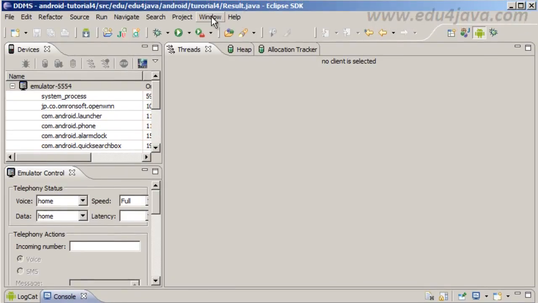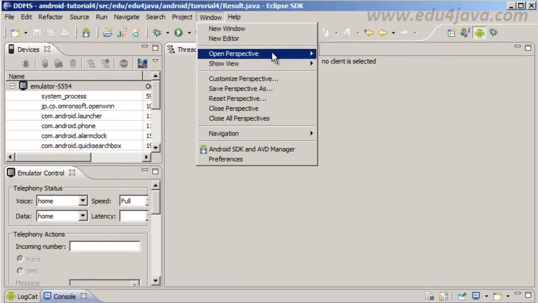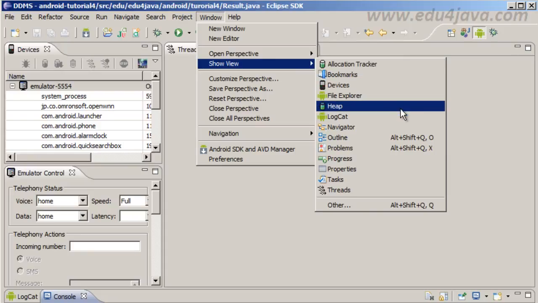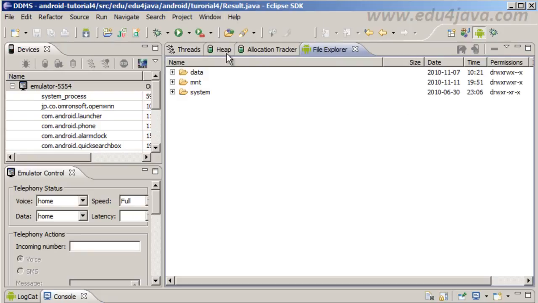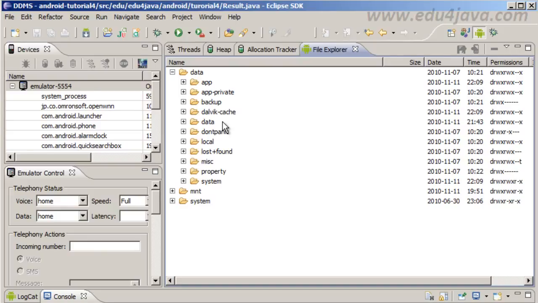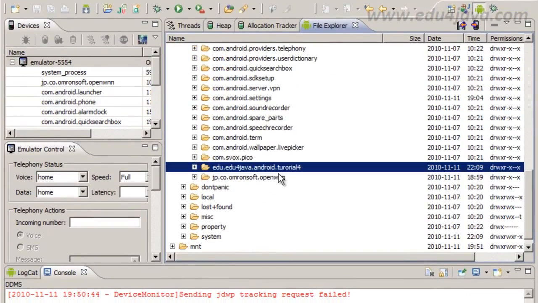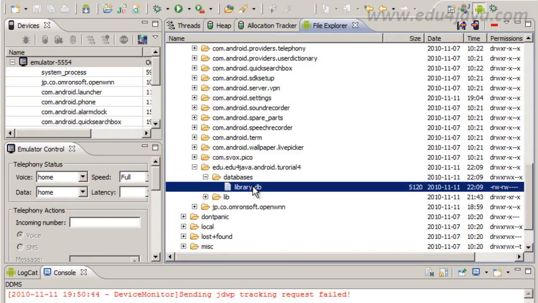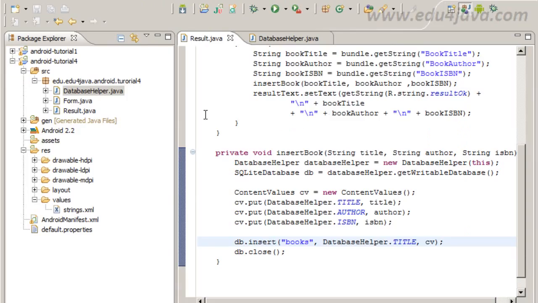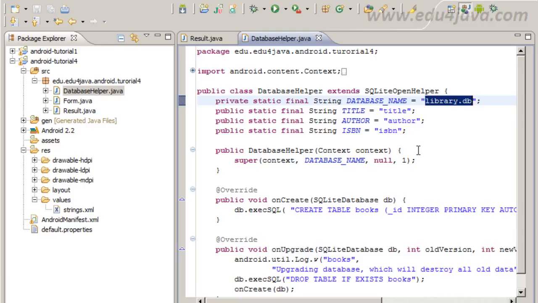view. We can find the view here, File Explorer, and inside data we go and check data, and inside we are going to see edu for Java Android tutorial 4, and this is our library. It's just created here inside the database folder. Okay, we can check here. Library DB is the name we put,